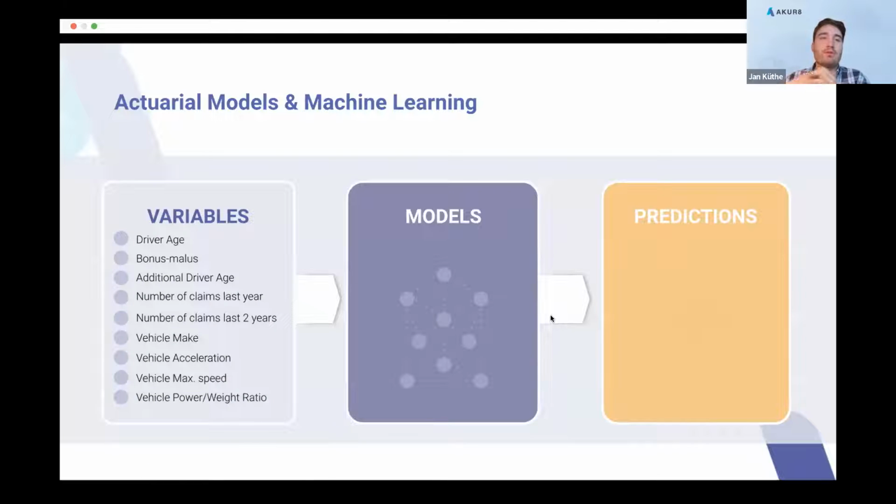Yes. So what is it that we want to do? We have our customer information. We want to build a model extracting signal from that and bring this on to make predictions, to make statements about the future that help our underwriters to make better decisions, to help our company to understand the profitability of their portfolio better.